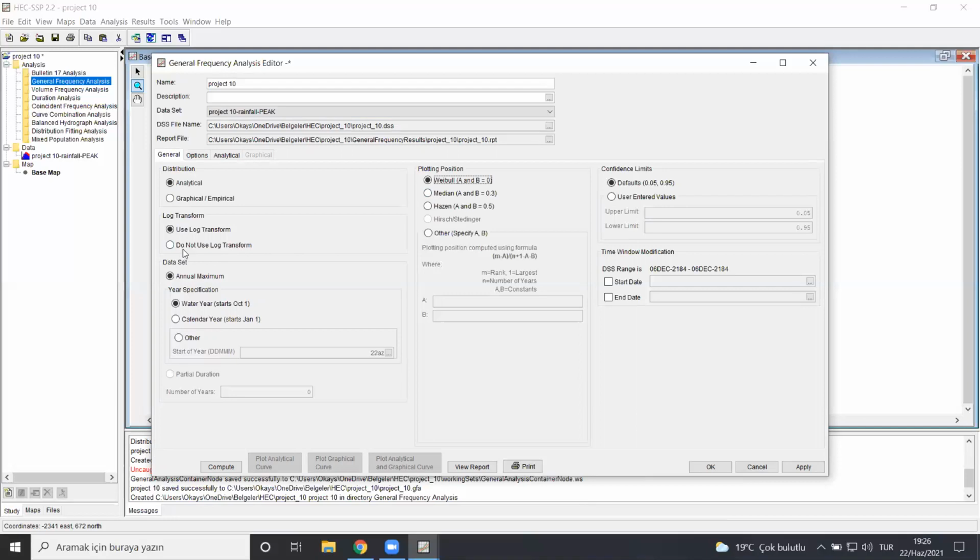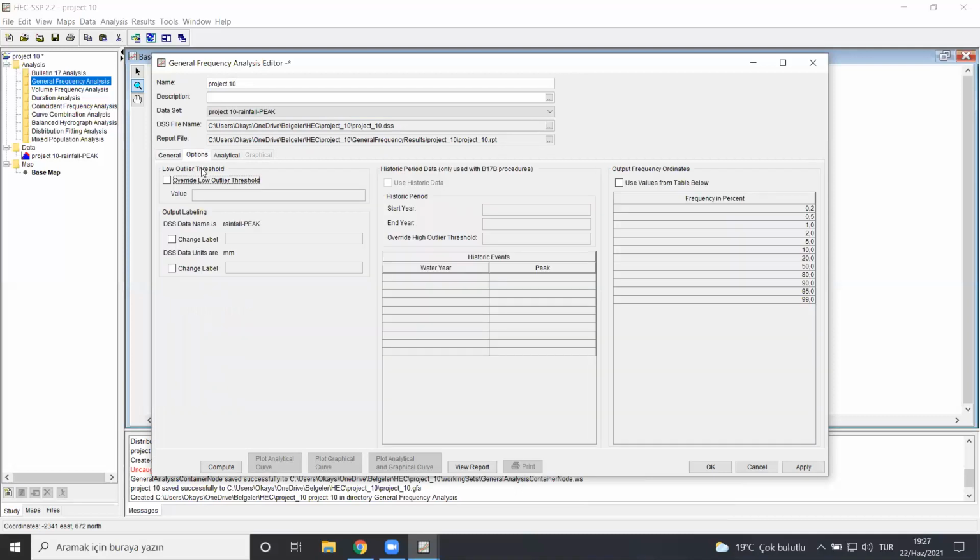What else? This is important. Here you see something like log transform. If your distribution method is log, some log related method, you need to select use log transform. If not, you need to say do not use log transform. And for our data, we said the log method was the best fitting distribution method. So we need to say use log transform method. From options,